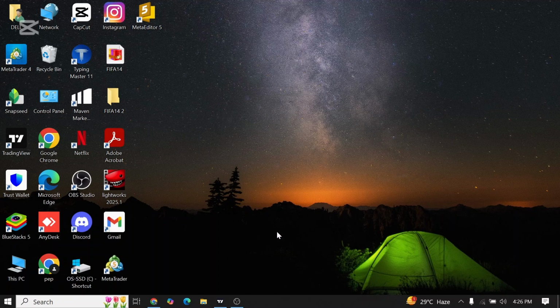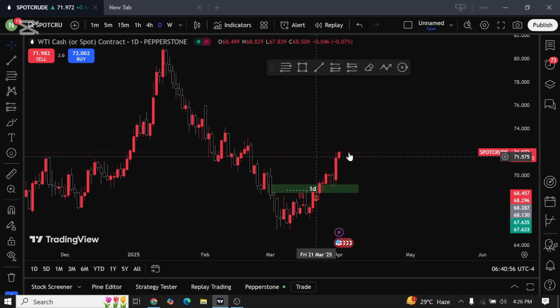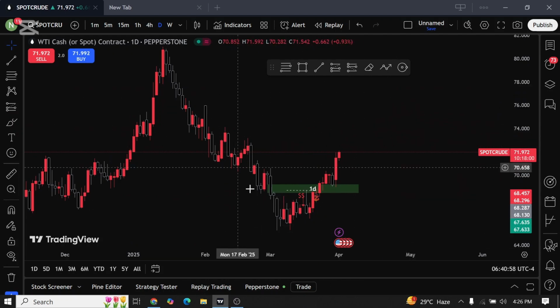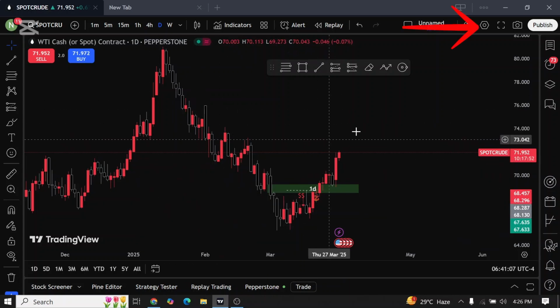First of all, open TradingView on your laptop device. Now log in to your account with your registered email and password. If you don't know how to create an account on TradingView, make sure to check out our guide on how to do it. To change the candle color on TradingView, now look at the top right corner of your screen